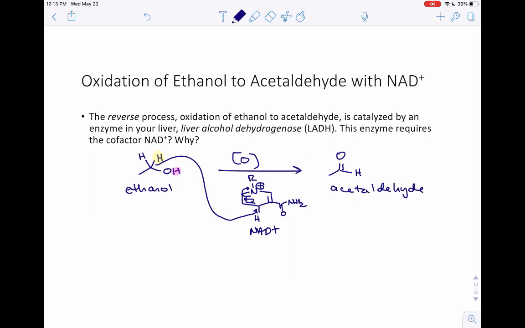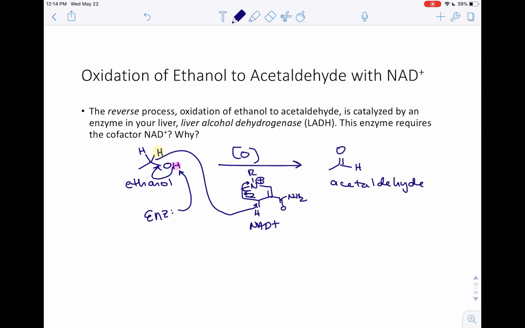While that happens, at the same time, you have the enzyme. It's holding ethanol in place with one of its basic side chains, and it is going to accept that proton, and the electrons in the OH bond come down and make a double bond. So that generates acetaldehyde, and it also generates NADH, which can go off and reduce something. So you use the cofactor for one thing, and then now it can go off and do the opposite in some